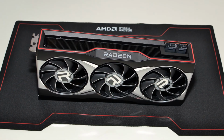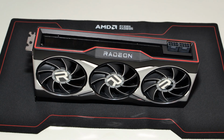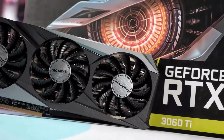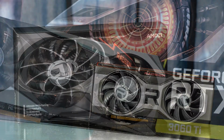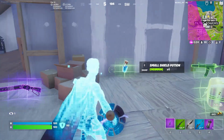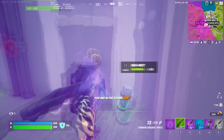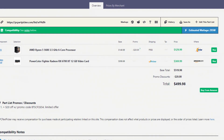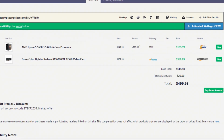Buying a GPU from AMD is much better than buying from NVIDIA right now. If you're not a content creator and you don't use ray tracing, which by the way, the 3060 Ti doesn't have an amazing level of, then there's no reason why you would pick a 3060 Ti over a 6700 XT, and even the AMD GPU has more VRAM. But of course, if you really want an NVIDIA GPU, you may have your reasons, then you're looking to spend 50 to 60 extra bucks for the same performance. The total price for this CPU-GPU combo is $500, and